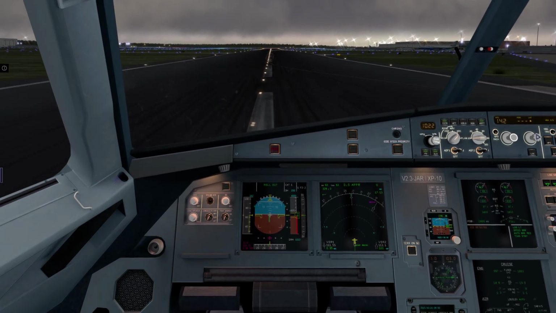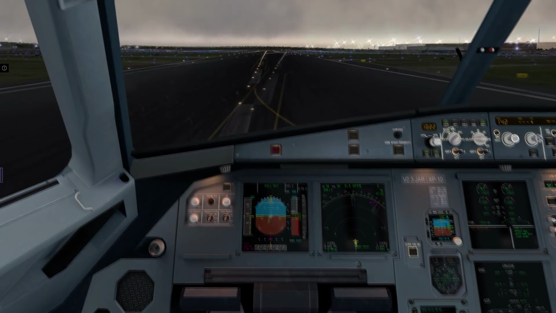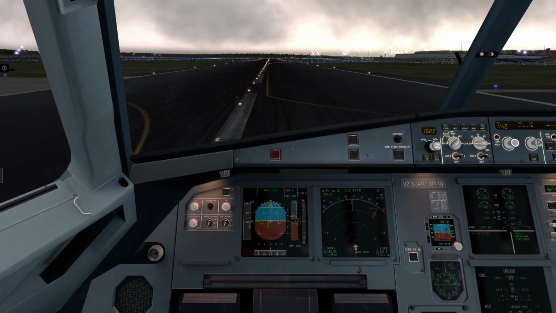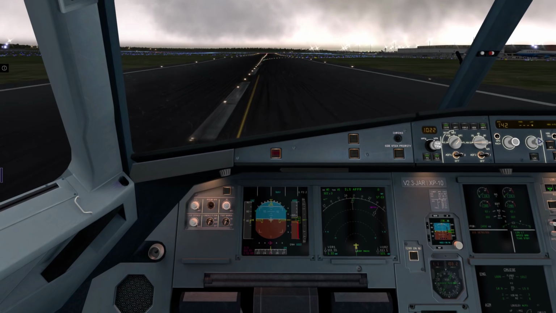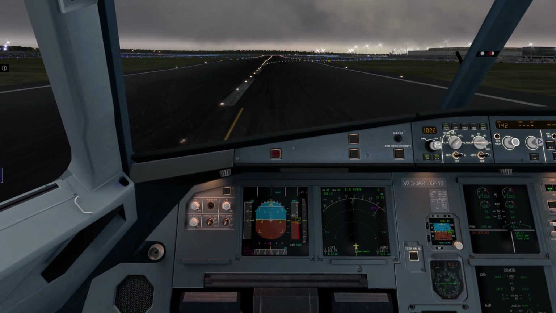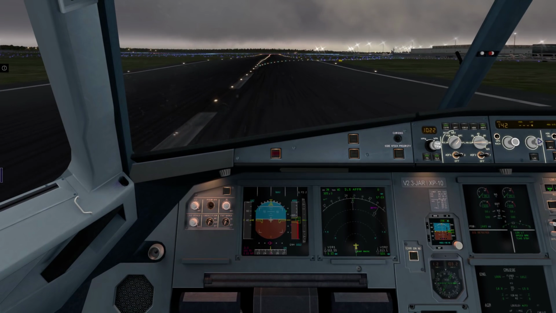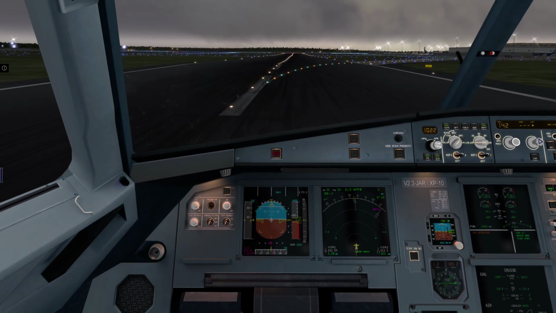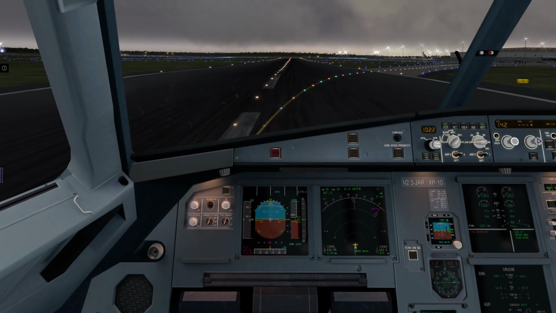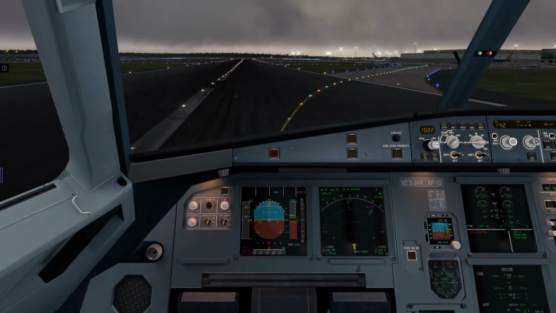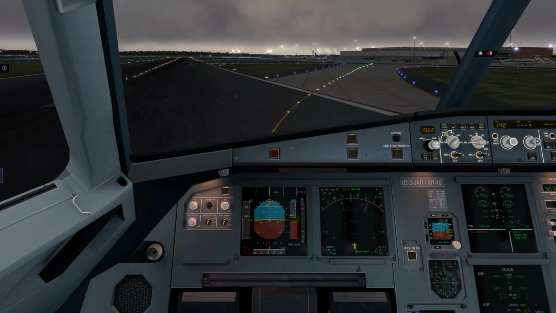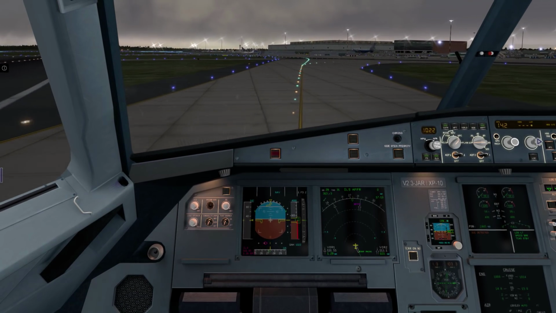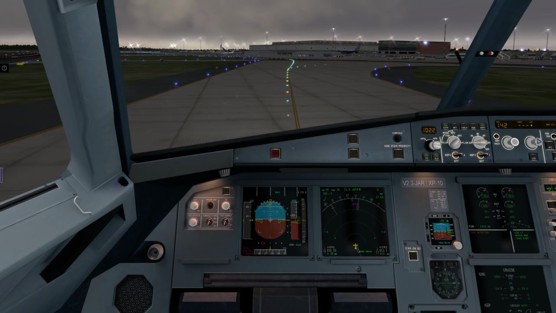Reverse green. 70 knots. That wasn't a very good landing, I guess. Welcome to Frankfurt. Okay, let me